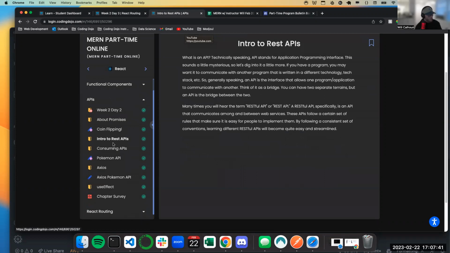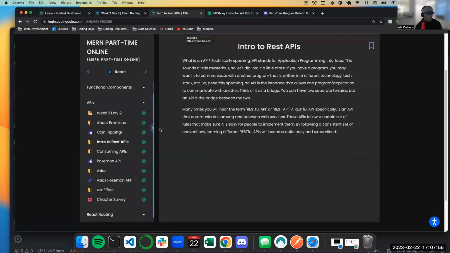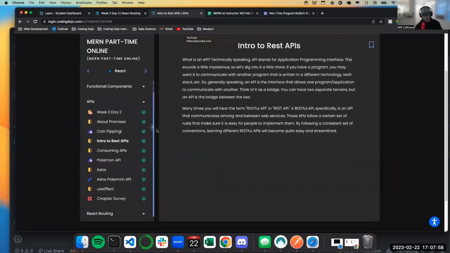Today, we're going to talk about useEffect. We're going to introduce APIs. And then tomorrow, we're also going to talk about fetch, and then we'll introduce Axios and double down on APIs. If you guys are struggling with that, please just know that within the next 2 days, we're going to really dive into APIs, work with APIs, so that you have a better understanding. I'm going to give you some tips and tricks.